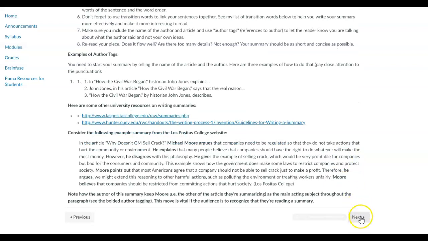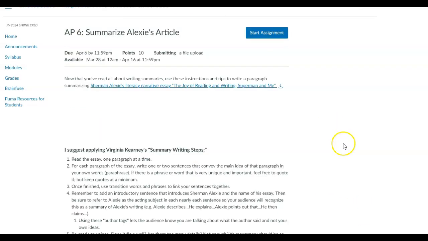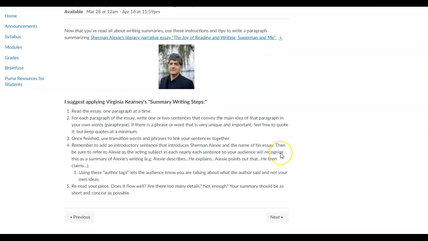Study that, look over that, and then we're going to apply that in an activity where we summarize Sherman Alexie's Joy of Reading and Writing, the article that we read for our Writing Project 1. And this is due Thursday night.